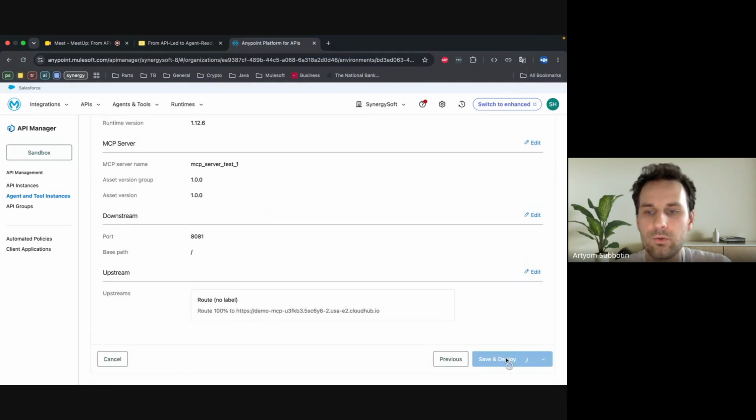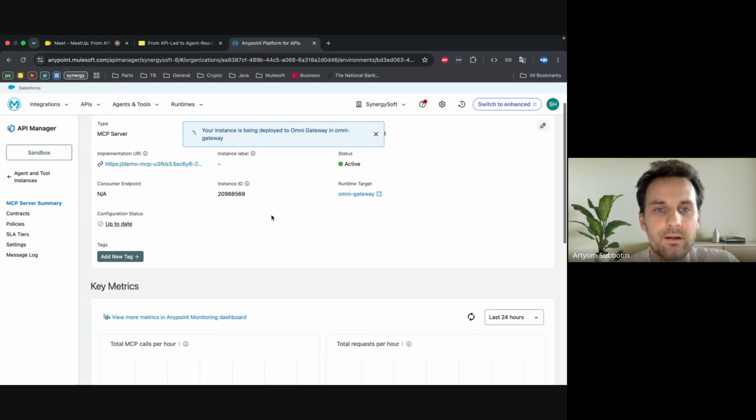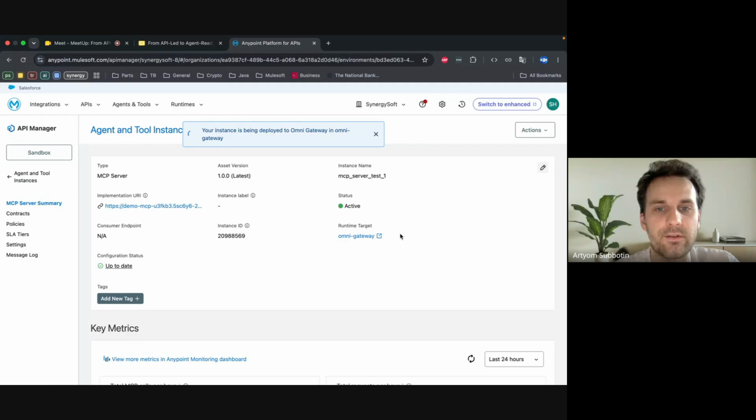Creating. So let's save this and deploy to the Omni Gateway. Of course, it takes some time, but in general, we received that it's already somewhere in place. Still, maybe some additional configuration is done under the hood.